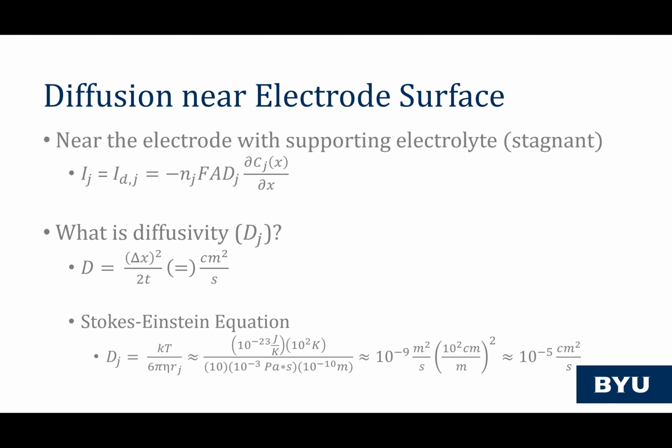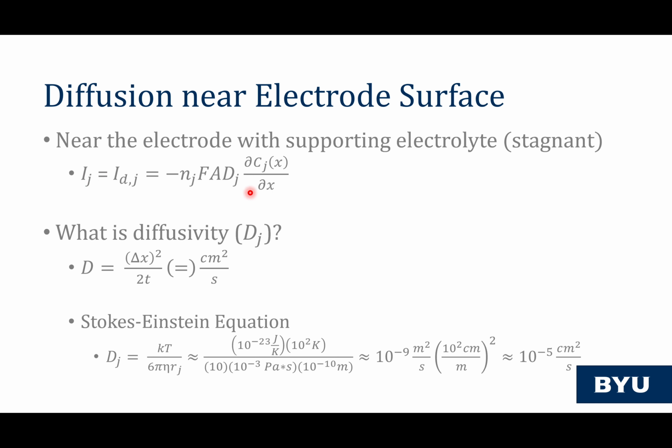All right, welcome back as we talk about diffusion mass transfer. So, diffusion primarily occurs at the electrode surface, and if we have enough supporting electrolyte, then for the analyte, it can be the dominant form of mass transfer, which is really handy because then we can define our current from our